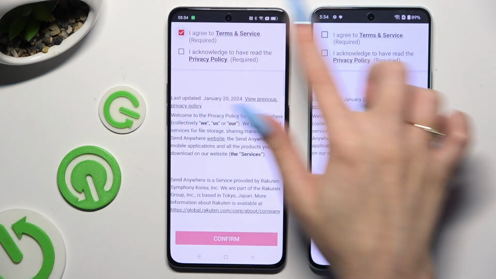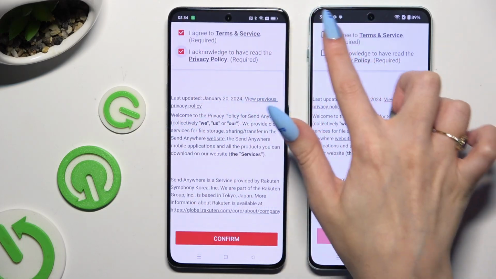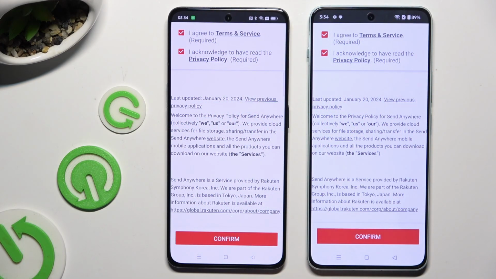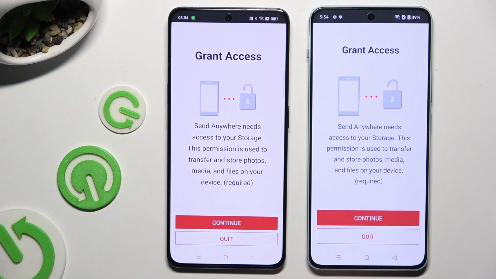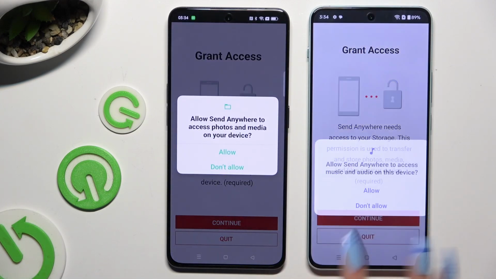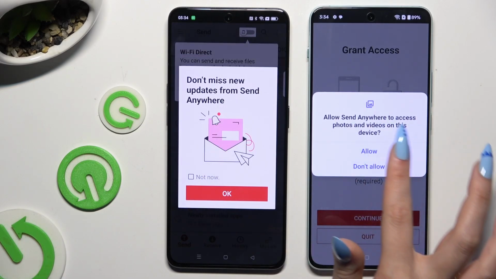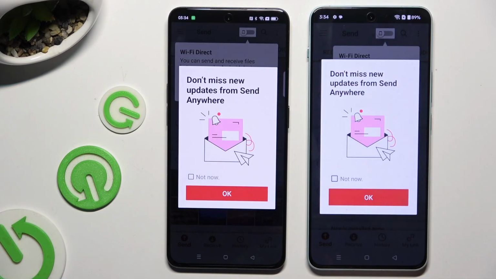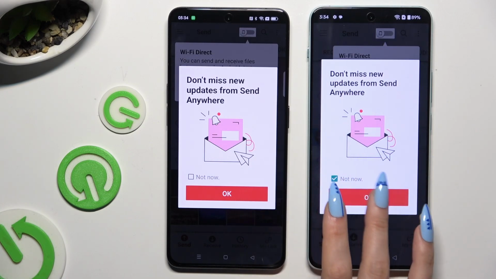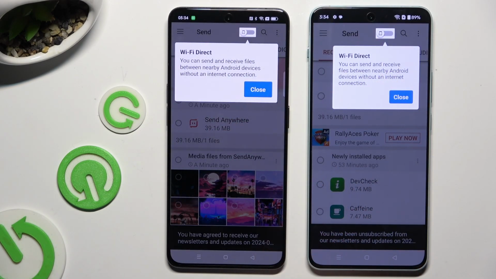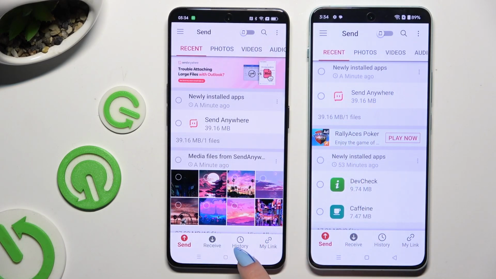Firstly, I agree and I acknowledge. Then confirm, continue, and allow. Following that, tap on Not Now in the pop-up or select OK right away. Either way, when you're ready, tap on your device's displays and select Send at the bottom left corner of an